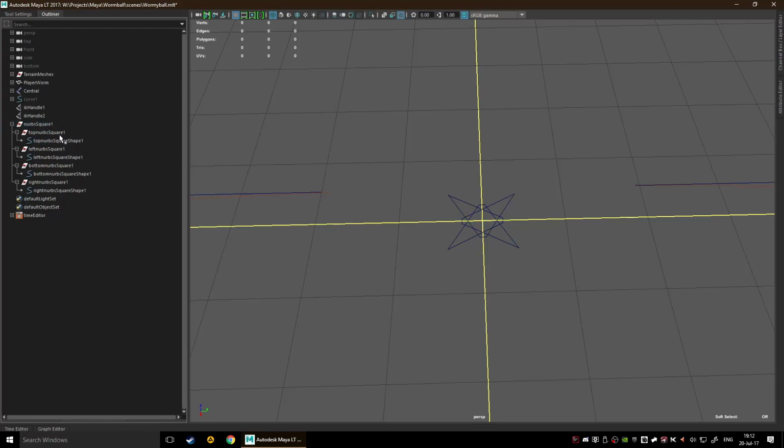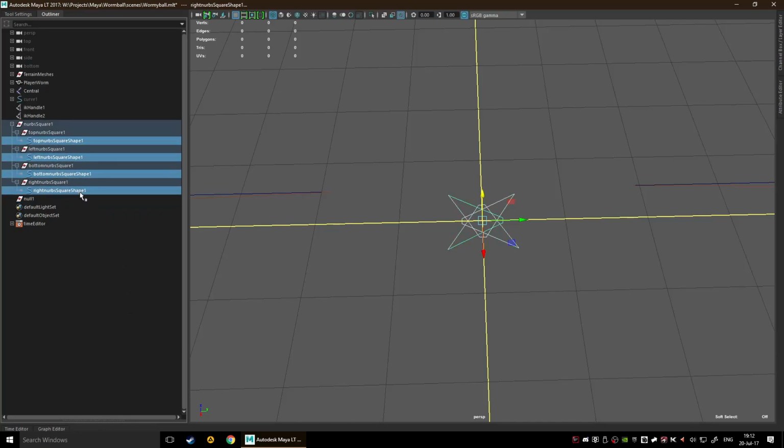Now notice that this is a group, okay? And this is also a group. So if we want to parent these together, we need to create a group. I'm going to press Ctrl G, and the group is created. And now I will go ahead and select all of these with Control. Hold down Control and just select all of these, and then select the group that you want to go ahead